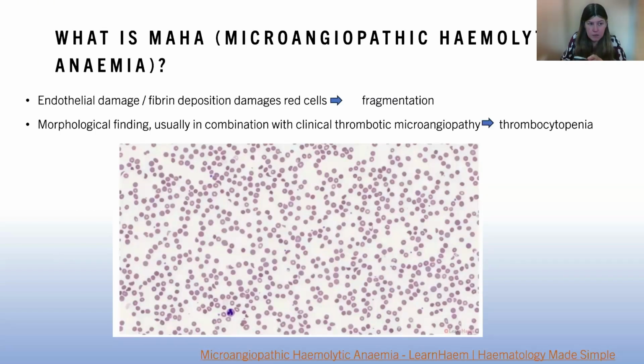So in terms of what is MAHA first, I think it's a condition that does cause a lot of confusion, but essentially what happens is you get low platelet counts and red cell fragmentation on a blood film. So you can see on this picture, which is just representative, that there are lots of red cell fragments, and that happens when the red cells are churned up because they're passed through fibrin meshes in small blood vessels. So the combination of the morphological finding with a thrombocytopenia is what points you towards there being a MAHA present and would prompt you to think about it and consider further investigations.